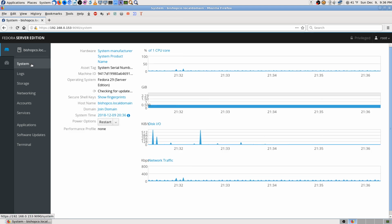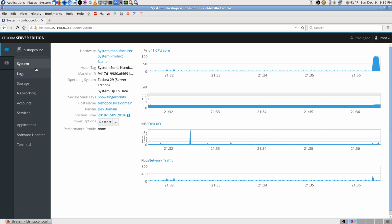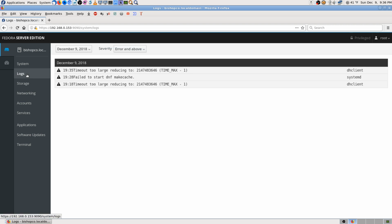Back to the system. I'm trying to remember where I want to go. Oh, it's checking for updates again. But it's not 3 o'clock in the morning. I guess when you go there, it's just going to do that. Okay, system is up to date. So there it is, yeah. It just does that. Logs, that's what I was wondering if it would show. It might show the